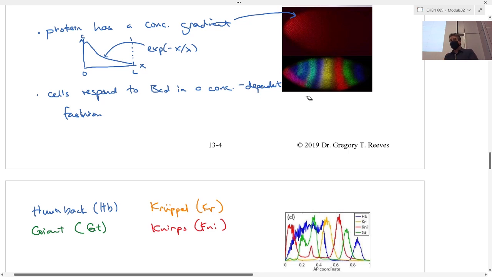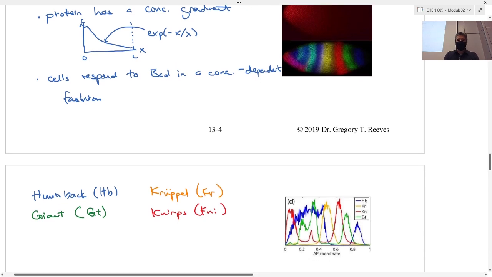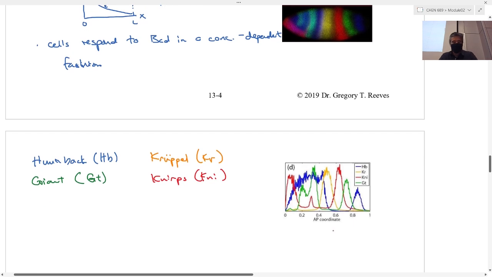So the cells respond to Bicoid in a concentration-dependent fashion. And we know this because we can have embryos that are loaded with higher concentrations of Bicoid protein, and these cells will change which genes they're expressing. So if we load the embryo with more Bicoid, then, for example, this boundary here of hunchback, let me scroll down so we're just looking at the graph now. This boundary here of hunchback, where it suddenly drops from high to low, the blue is high, and then suddenly